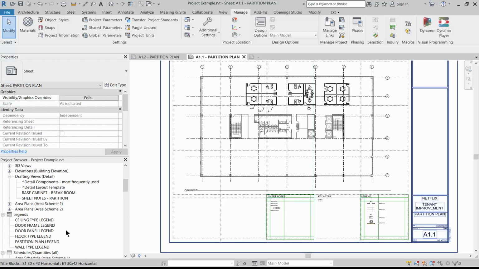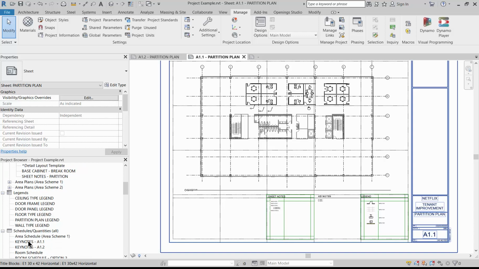Now I wanted to talk a little bit about the difference between all of the different views. So legends, what's specific about legends is they can occur on multiple sheets. For example, you might have two partition plans, or if you have a 10-story building, you might have 10 partition plans. So you want to repeat the same legend on multiple sheets. You can also put the same schedule on multiple sheets. Those are the only two types of views that will go on multiple sheets, and in a browser they're sorted